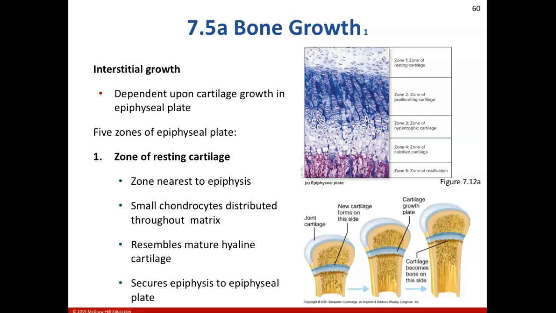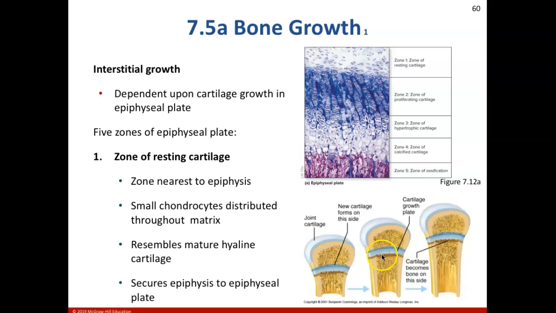Now we talked about interstitial growth of cartilage, and remember that was assisting in the growing in length of cartilage. And it is going to serve the same purpose here, except it is to bone. So interstitial growth is the growth that is going to take place at the epiphyseal plate in order to allow bone to lengthen. We do have cartilage in this epiphyseal plate, which is going to allow for that growth to